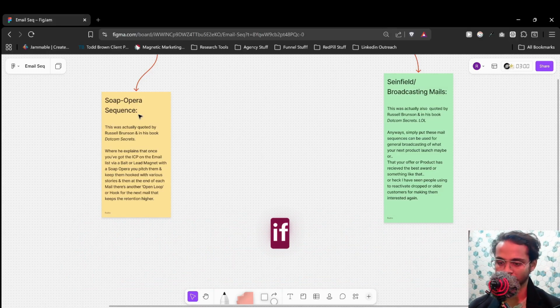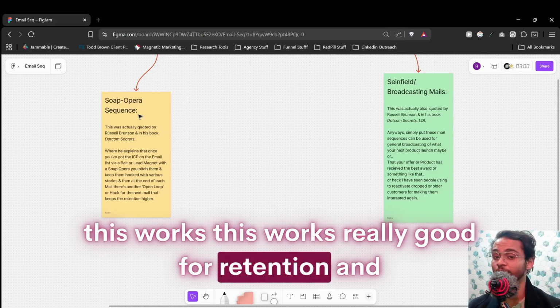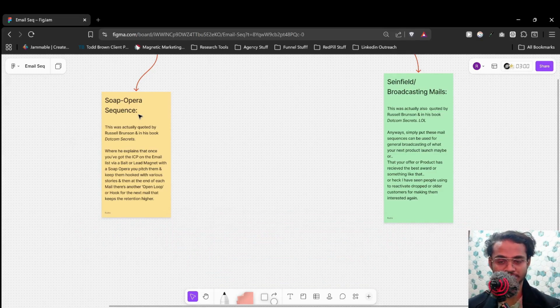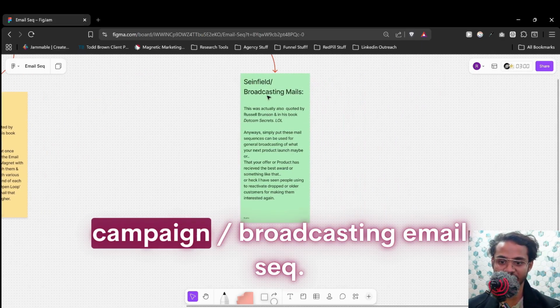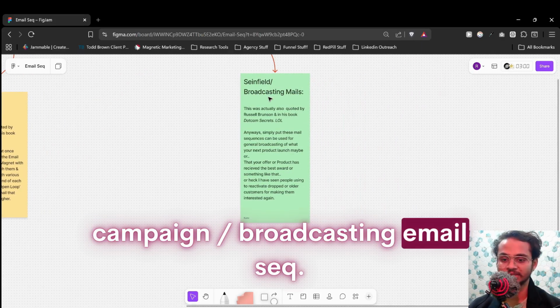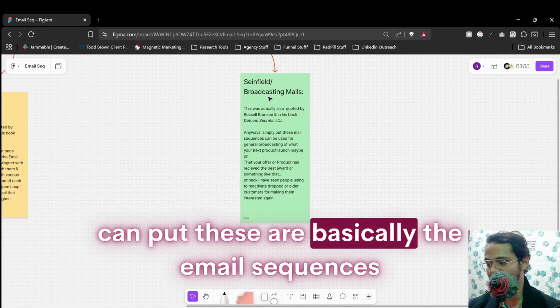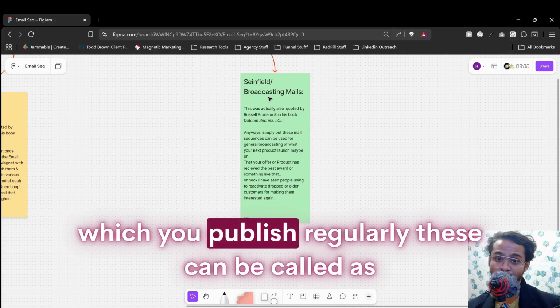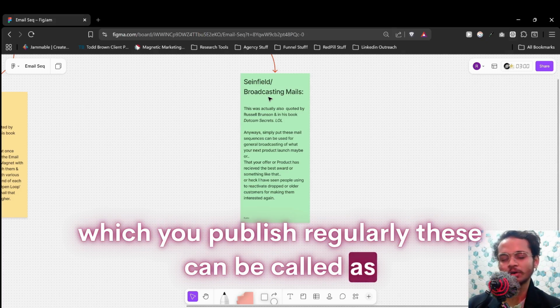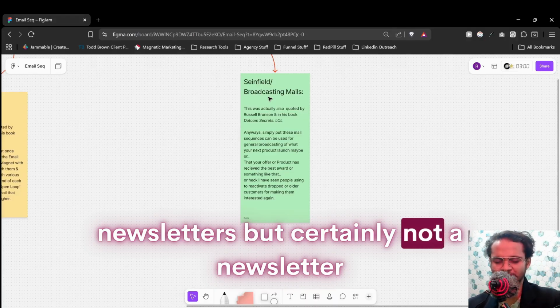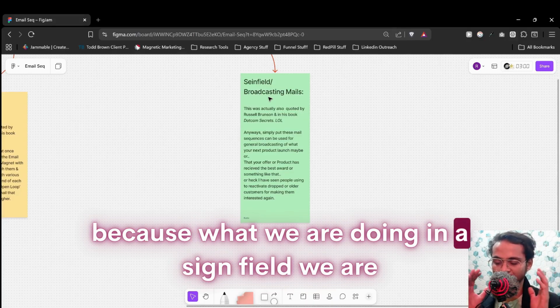But this works really well for retention and having a stronger bond with your customers. Lastly, we have Seinfeld slash broadcasting mails. These are basically the email sequences which you publish regularly. These can be called newsletters, but certainly not a newsletter, because what we are doing in a Seinfeld, we